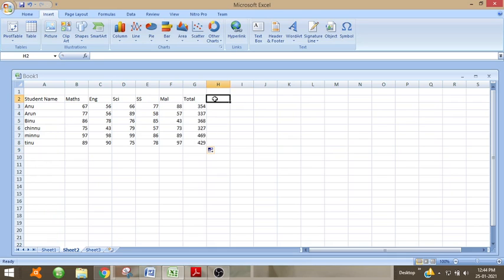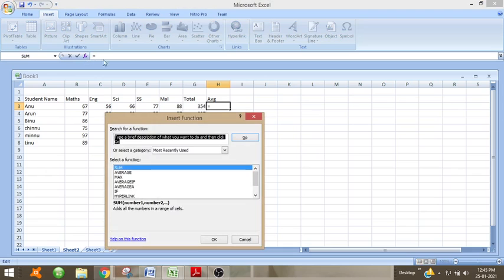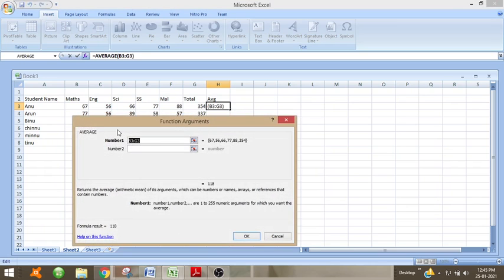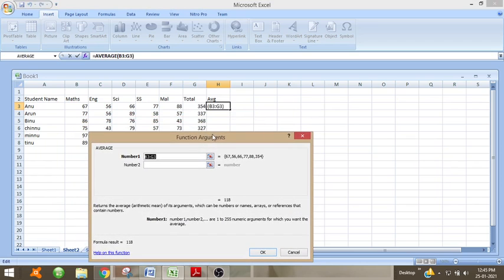Now we can find the average also. For average we have the AVG, average function. So equal to, click here, then you can see the average. Click on that, and for which all values you want to find the average.